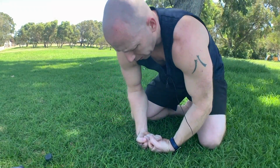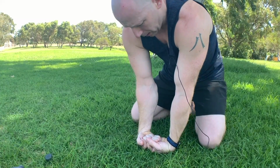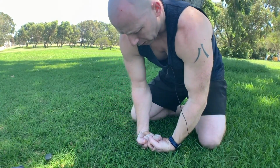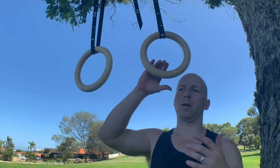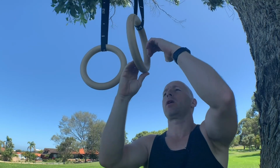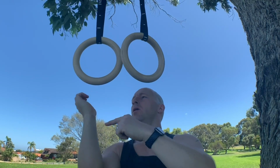So this is going to allow us to go for a full range straight arm hang position in that false grip. It's a little bit easier on the rings because you can turn the rings out. A couple of ways we can get used to the false grip. We can go into a false grip hang. So I'm just placing that part onto the rings,